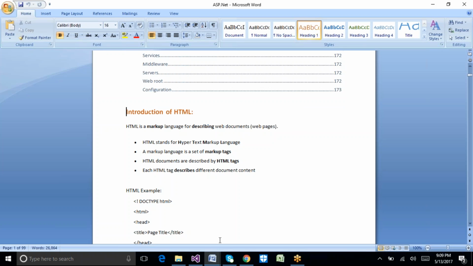Let me give the information here. Basically, initially we had only HTML as a web technology, which was used for developing websites. Later, what happened is